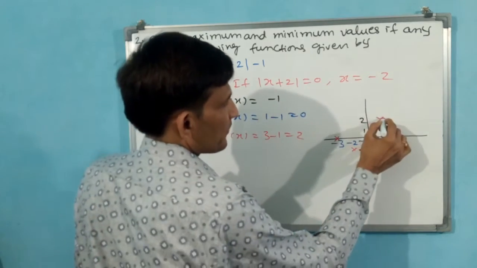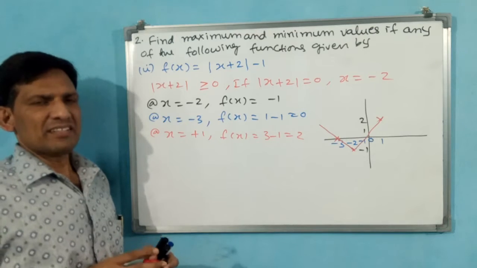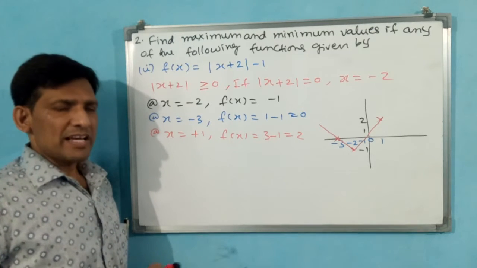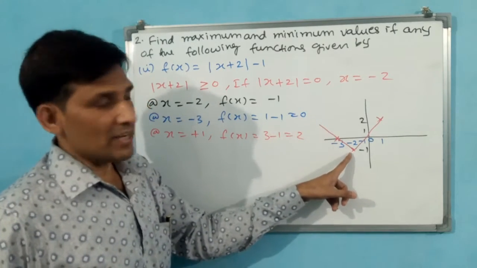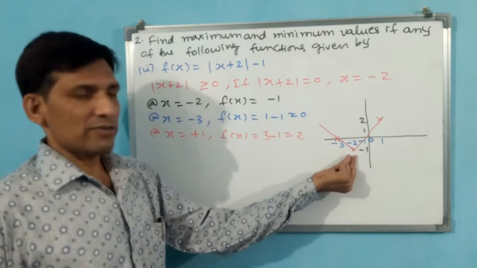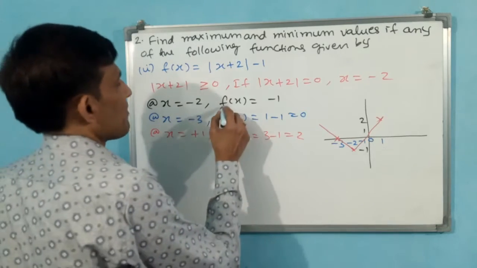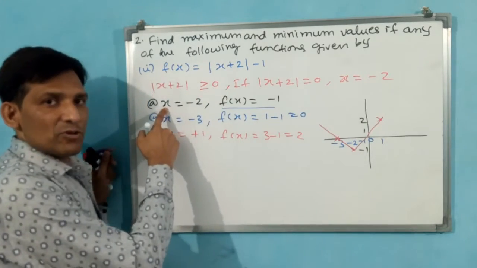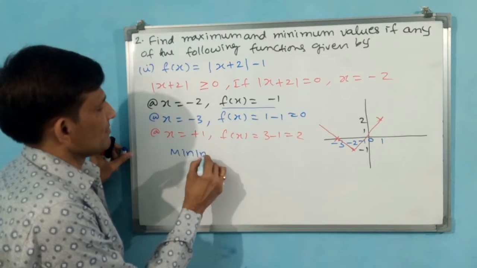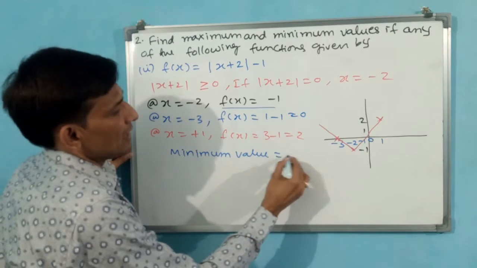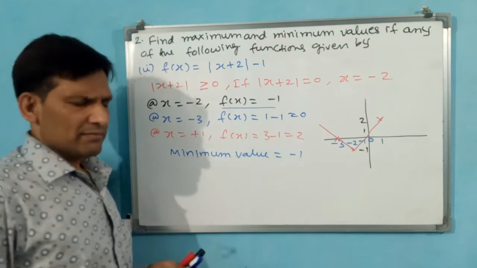See how the graph is coming. What shape is it? V shape. If the graph is V shape, is there a maximum value or a minimum value? Minimum value. Why? Because the value goes on decreasing, and afterwards goes on increasing. This is the least value. That means here you have only a minimum value. What is the minimum value? This point is a turning point, and the turning point value is minus 1. That means you write minimum value is equal to minus 1. Is there a maximum value? No. Write maximum value not there, or else no maximum value.